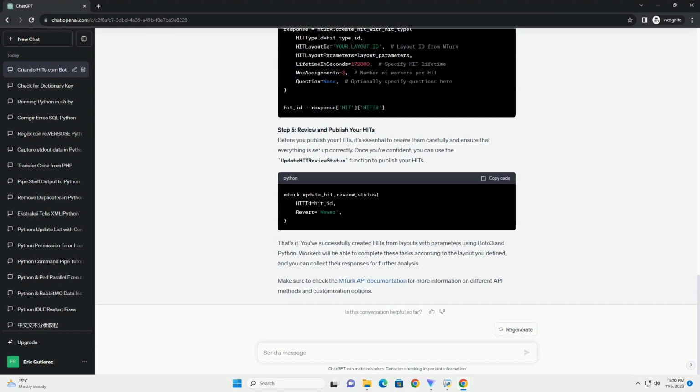Before creating HITs, you need to define a HIT type. This allows you to reuse the layout with different parameter values. The CreateHITType function is used for this purpose. Make sure to customize the parameters like title, description, reward, assignment duration in seconds, and qualification requirements to suit your